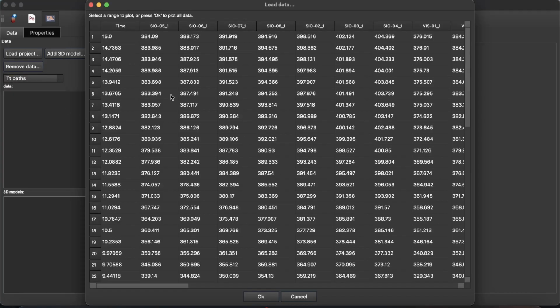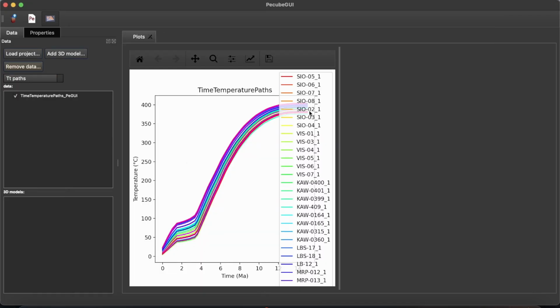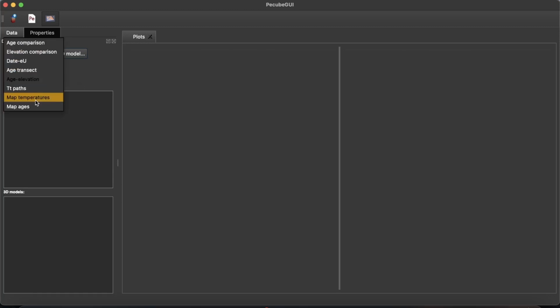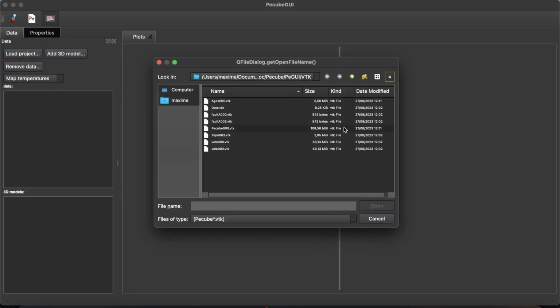You can show the thermal path for each of the samples. We can also plot the age-elevations for all thermochronometers,